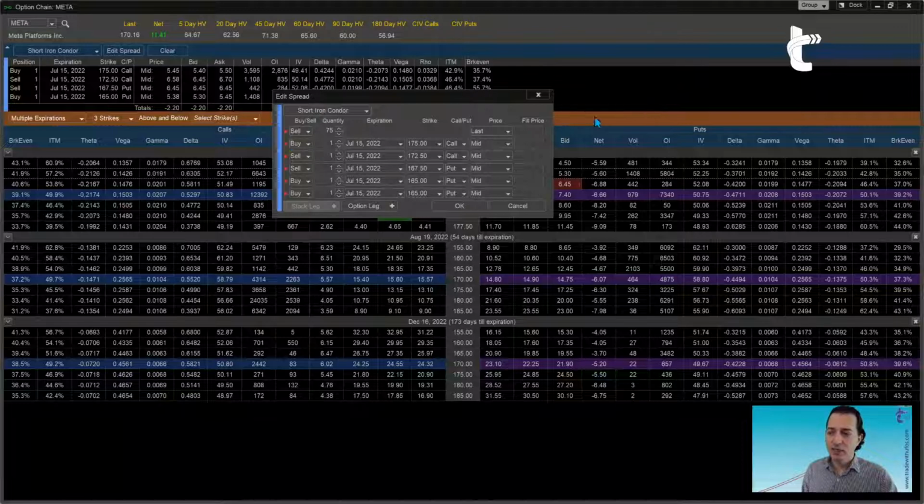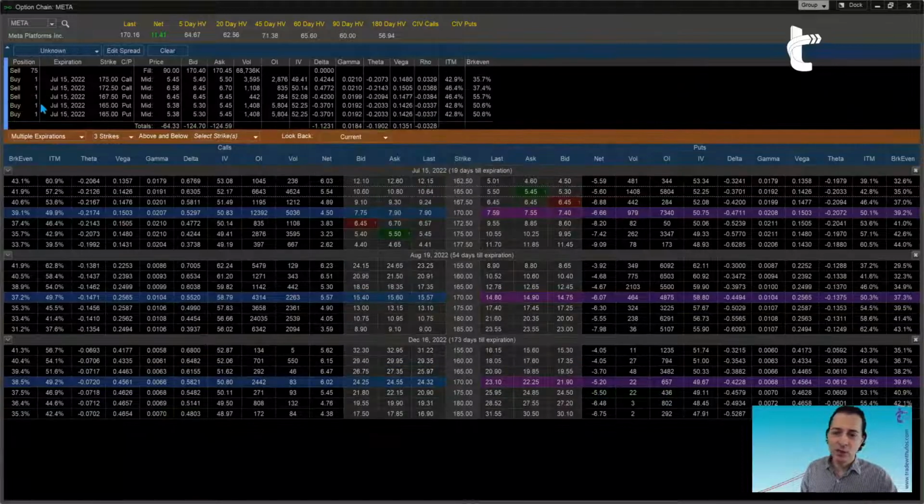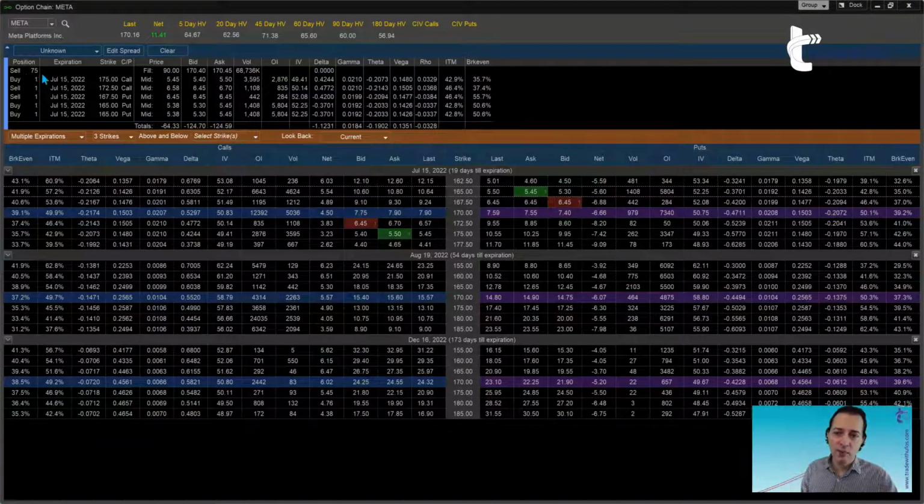If you do it at the last price, meaning the last price of the stock, you can also select mid, or you can specify the price you got. For example, hey, I got filled at 90, whatever. So all of these are possibilities for you to add. And if you click OK, it's going to construct for you here on the top a position where you also have the stock leg in here.